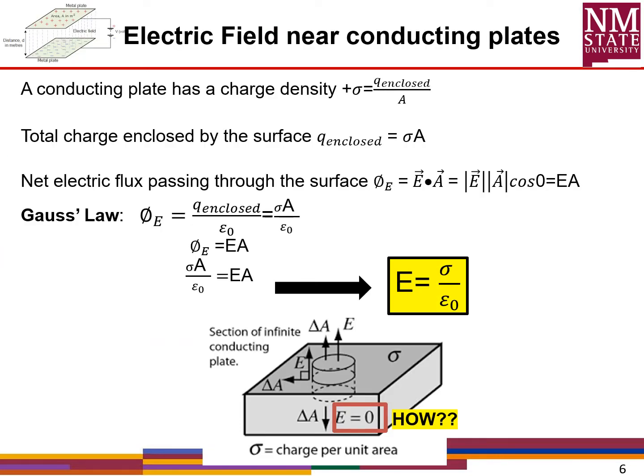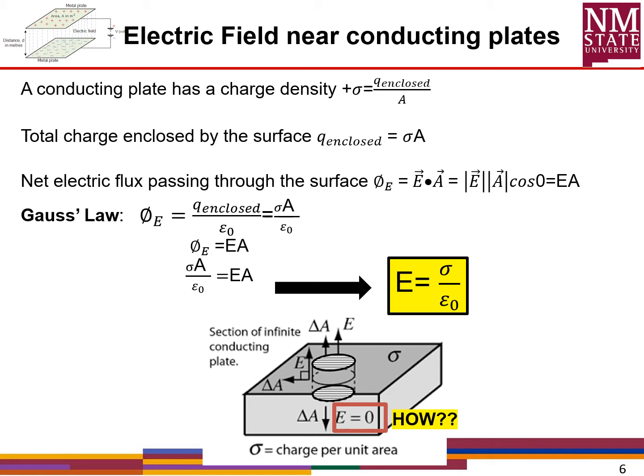So here you can see this is a section of an infinite conducting plate, and here's the cylindrical Gaussian surface. In this Gaussian surface we can find three surfaces. The first one is this one. Here you can see the area vector, and here's the electric field. And then the second surface is this one, and here's the area vector, it's this way, and the electric field